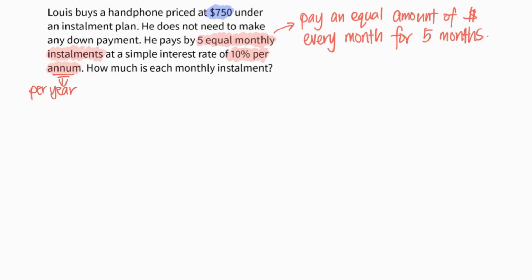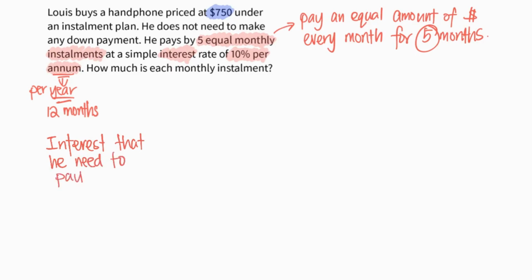Do take note. Also, per year means 12 months. But we only need to pay for 5 months. That means the interest that he needs to pay as well